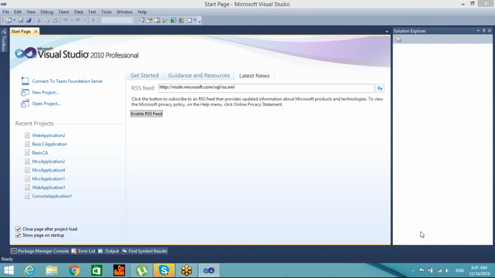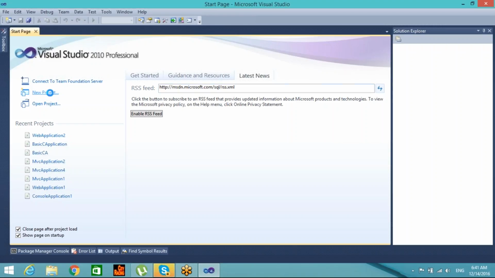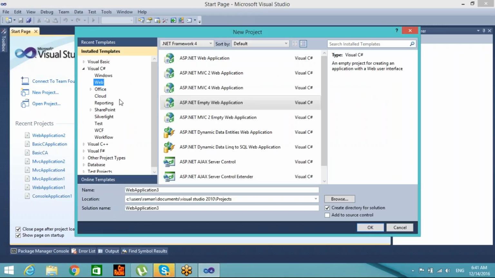Okay. So let us see how we can create an ASP.NET project. We need to click on New Project. We'll go to C# Web, and under that ASP.NET Web Application,